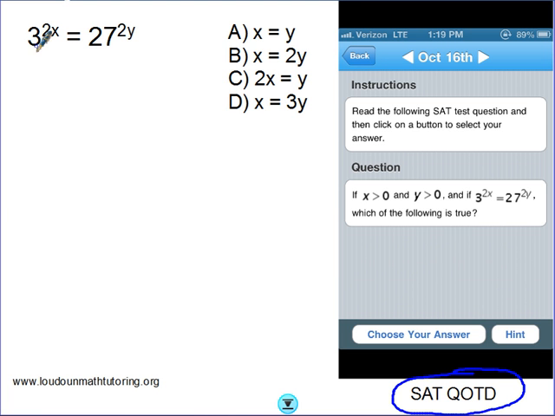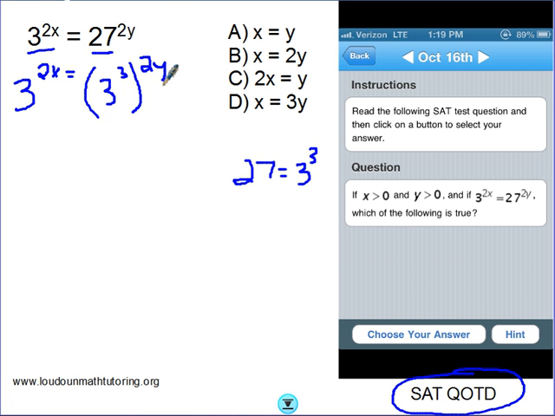So the problem we have is, for us to use logarithms, our bases need to be the same. So it seems like we're stuck here for a second until we realize, well, 27 does have a relationship with 3. Remember, 27 is equal to 3 to the third power. So, is there a way we can use this fact to create a base of 3? And there is. We can say 3 to the 2x is equal to 3 to the third, that's what 27 is equal to,